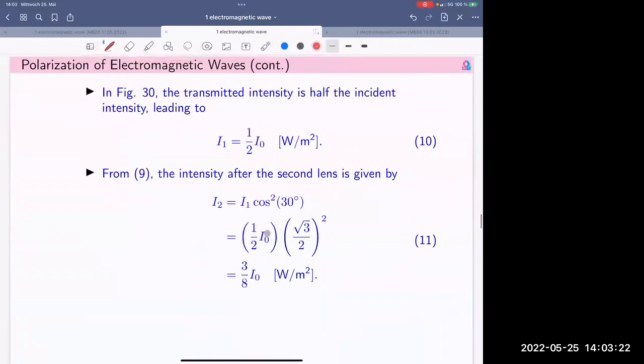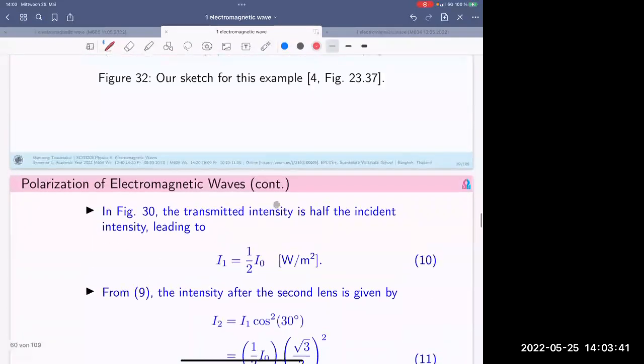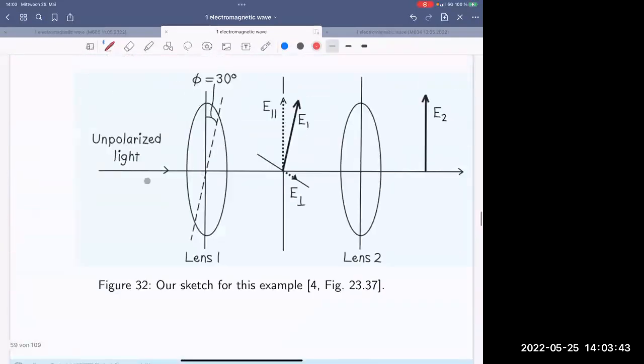Once you substitute I1 by I0/2 in cosine square, square root 3/2, and this is squared, this is 3/4, and times 1/2 is going to be 3/8. Okay, so the result will be finally 3/8 of I0. Okay, please note that here we have